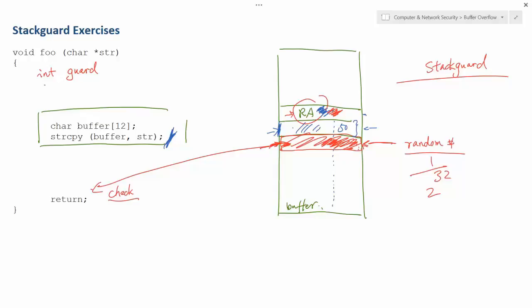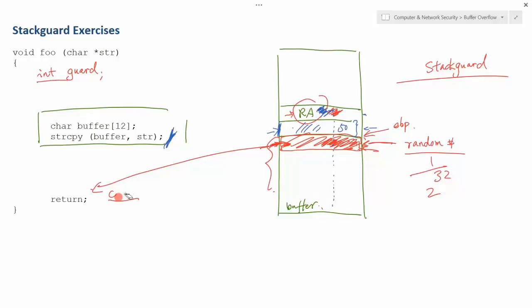Okay, if you write this program like this, this guard is not guaranteed to be right below the old EBP, right? And the compiler can actually change it. So the old EBP is pointing to here, and this is actually the beginning of your local variable. The compiler may actually move this to some other places. But since eventually we're going to implement this inside the compiler, we will make sure this number is allocated right below the EBP.